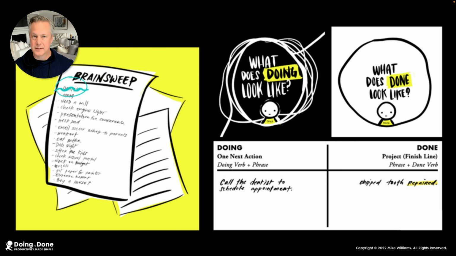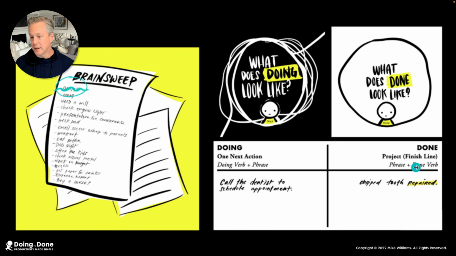Number one, a clear next action. And then number two, doing to what? Done. What the heck is done? What's done look like? In the business world, we call those projects. And a project is a finish line. It's the answer to a binary question. Is this done? And it has two optional answers, yes or no. If yes, check it off. If no, we go back to the first question, what does doing look like? And then what's the one next action that will create momentum so I can move this thing forward?